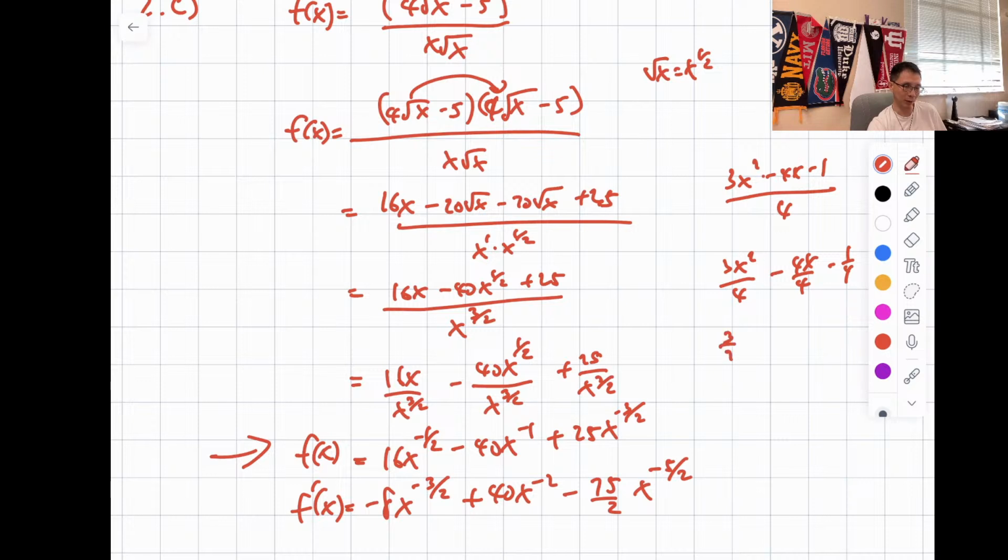So f of x, and f prime of x is equal to 3 over 2x minus, in this case the x cancels out. 4x over 4x is 1, so it's minus 1 and minus 0. And that's it. 3 over 2x minus 1. It doesn't take a lot of time to take the derivative of a function if the bottom is a monomial, you can split it. However,